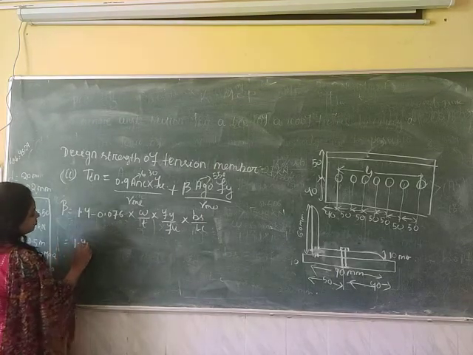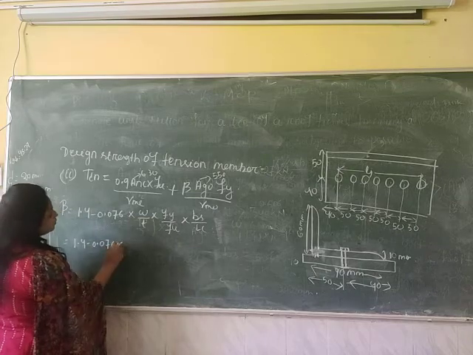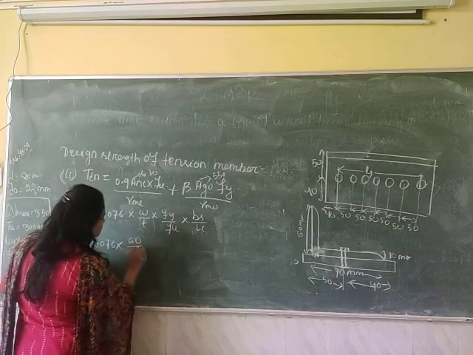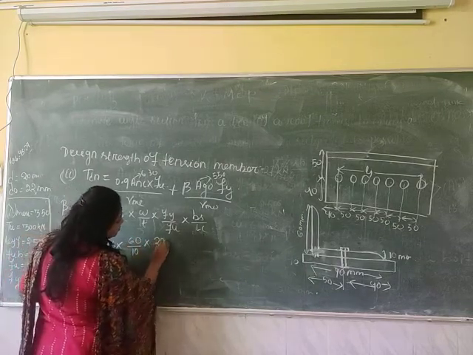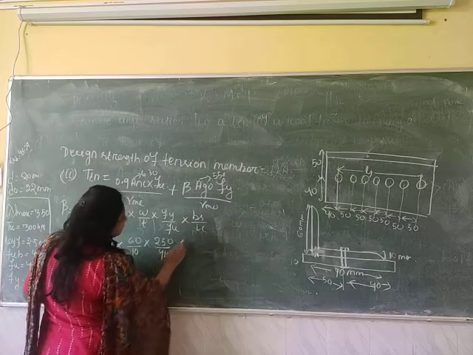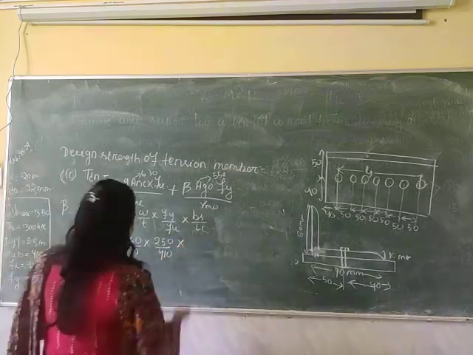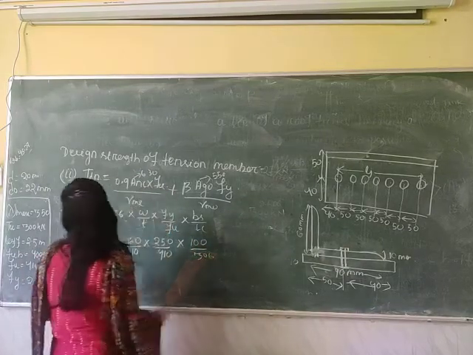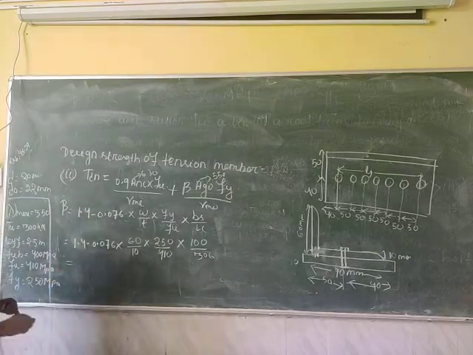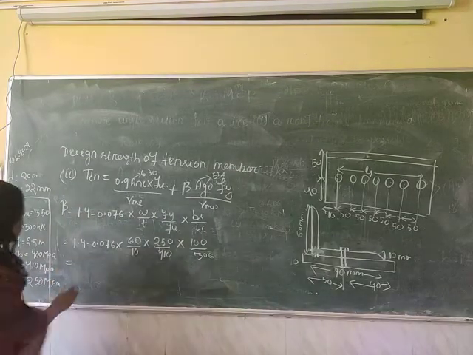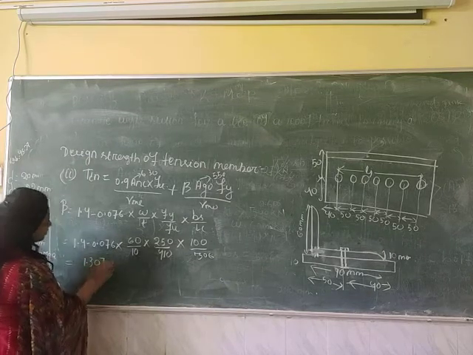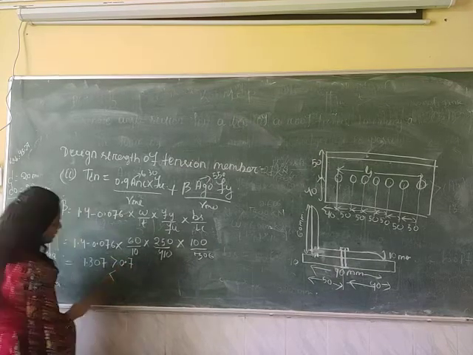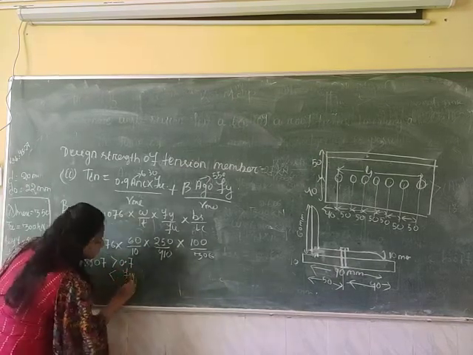So, that is 1.5 minus 0.076 into the outstanding leg width, where W is 60 mm, t is 10 mm, Fy is 250, Fu is 410, the shear lag width is 100 mm, and the length of connection is 300 mm. Okay. So, the value of beta is coming 1.307, which should be greater than 0.7 and which should be less than